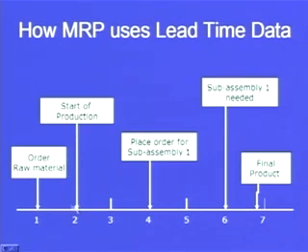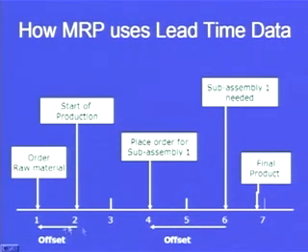And suppose 1 day is required for the raw material, then we order the raw material here. So we have an offset. We know that the final product is required after 7 days. How should we plan so that we are able to produce that final product? So we need sub-assembly 1, and for sub-assembly 1 we need some raw material. So the lead time will be used in this way for a particular company.